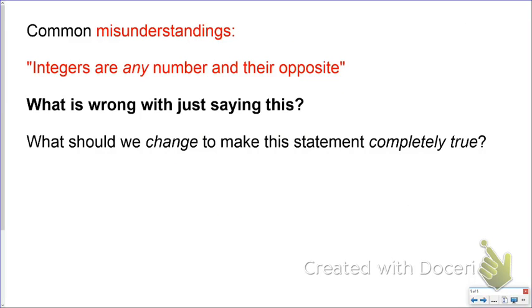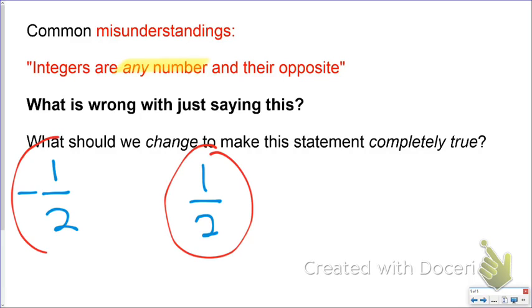A common misunderstanding is for students to say integers are any number and their opposite. The phrase any number implies that fractions are part of the integers. So any number could be 1/2 and -1/2. Except for 1/2 and -1/2 are not integers. They're rational numbers. So to fix this, you would change any number to any whole number